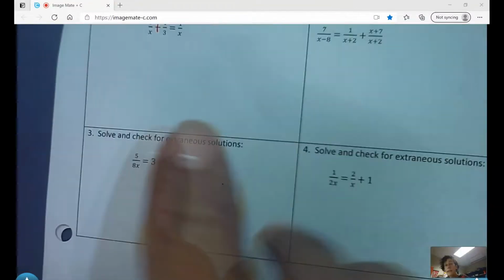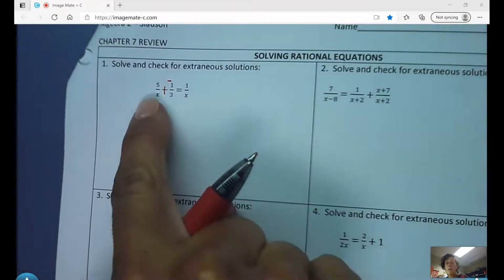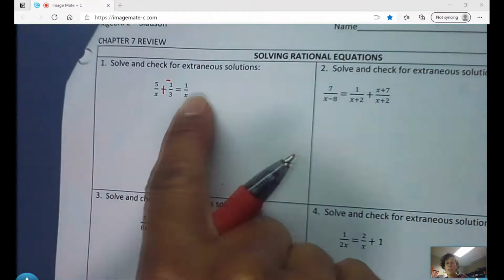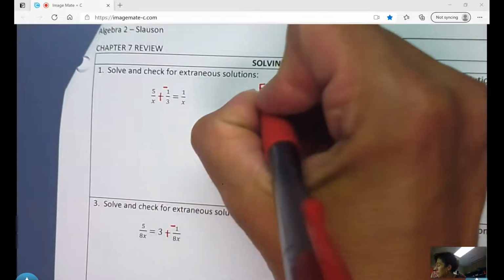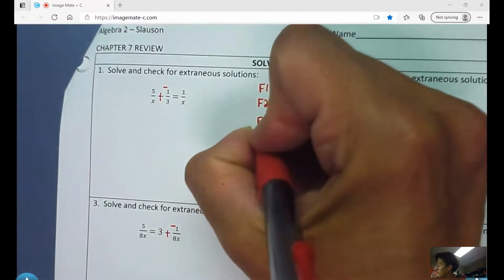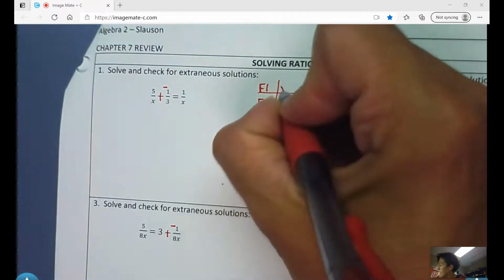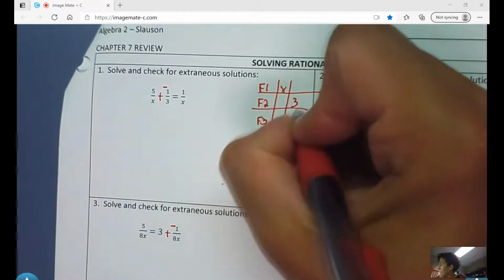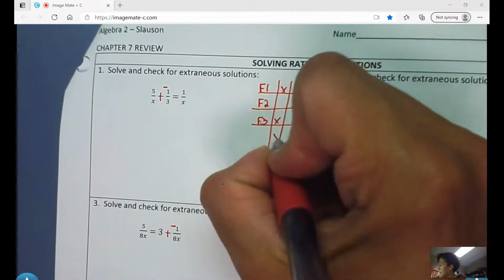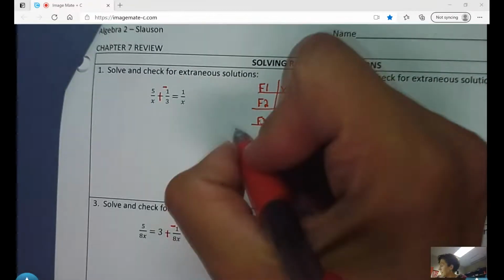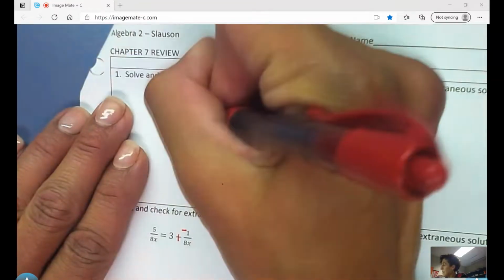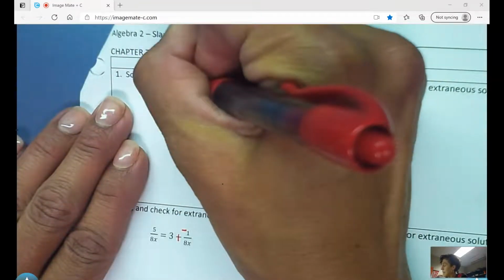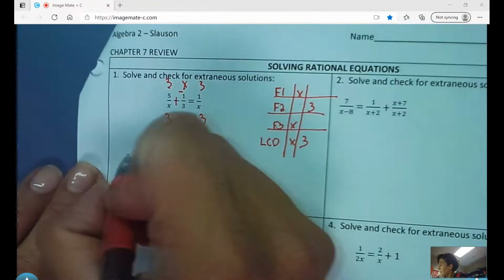So none of these have a least common denominator. So maybe you can see that all the fractions here need a 3 and an x. Again, if you don't see it, here's fraction 1, fraction 2, fraction 3. Fraction 1 has an x, fraction 2 has a 3, fraction 3 has an x. Bring it all down, and they both need a 3 and an x. So this one will need the 3, bottom and top. This will need the x, bottom and top. And this will need the 3, bottom and top. So now that I have a common denominator,